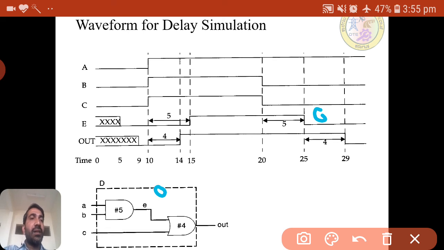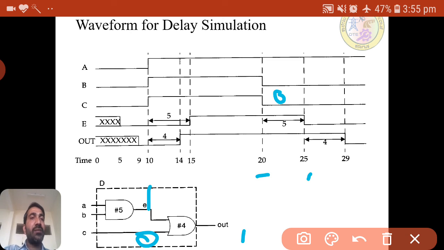Okay, but sorry, not e, c is 0 at 20 only, c is 0 at 20, but e was 1. e was 1 until 25. So because of that the output remains the same, 1, up to 25.